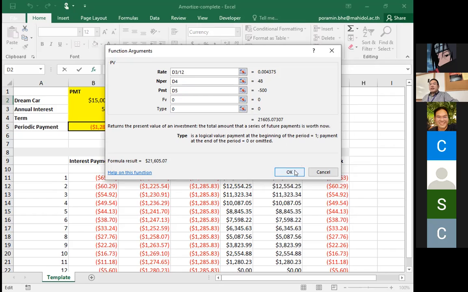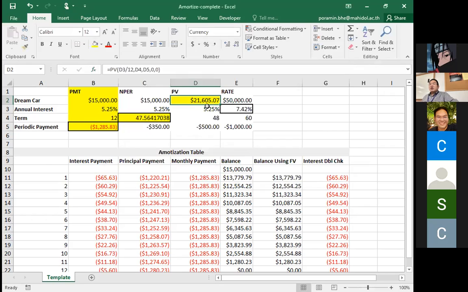So you can see that here the intermediate result shows us $21,605.07. This is the price of the dream car that you can purchase according to the conditions that we have. The last one,